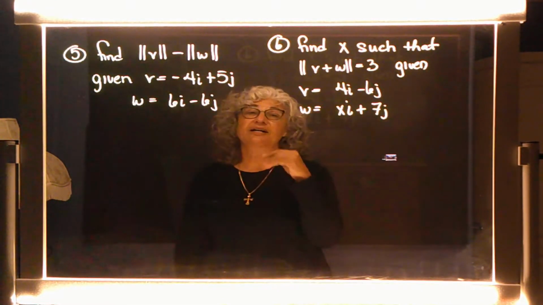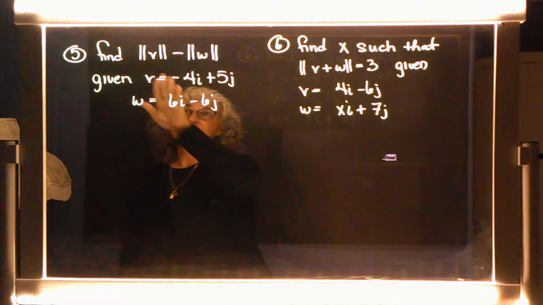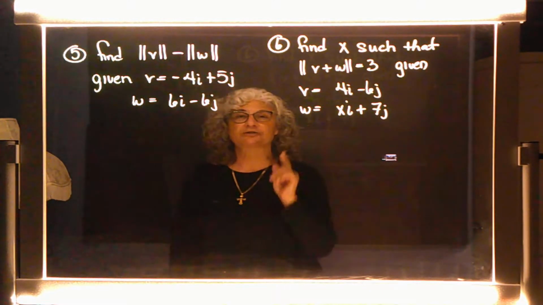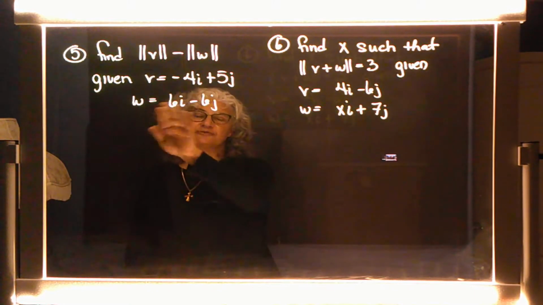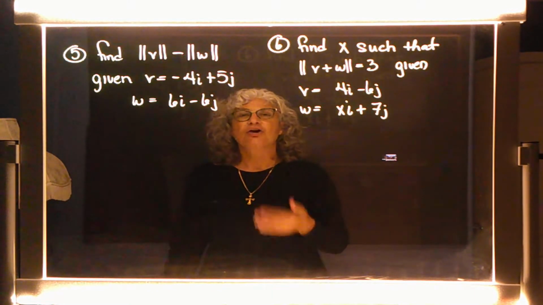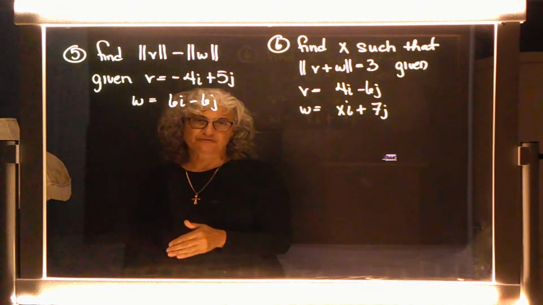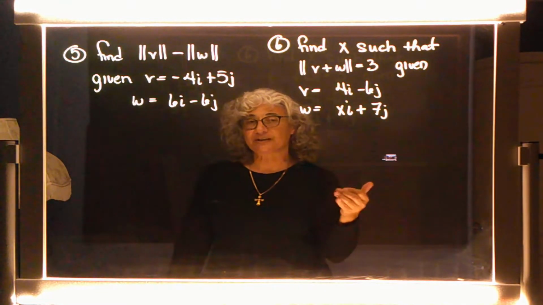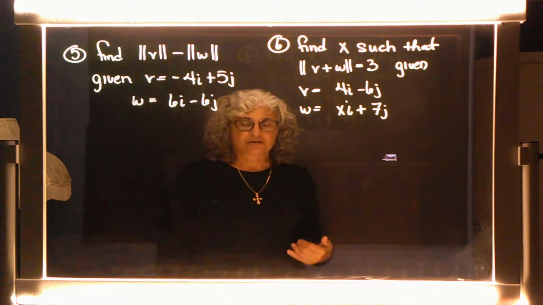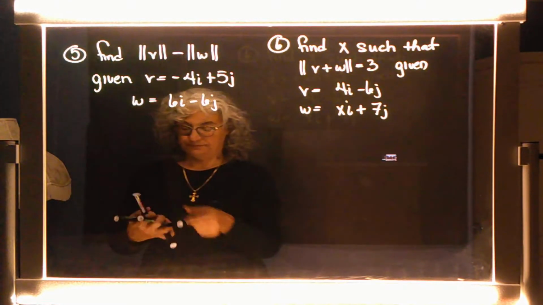Let's look at number 5. They're asking me to find the magnitude of vector v minus the magnitude of vector w. And here's vector v and vector w. So what do you think you have to find first? Yeah, first you got to find the magnitude of vector v and the magnitude of vector w. And then you can subtract. Agreed? Okay, so